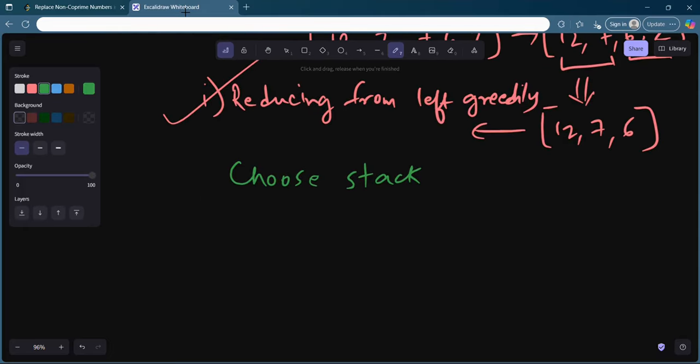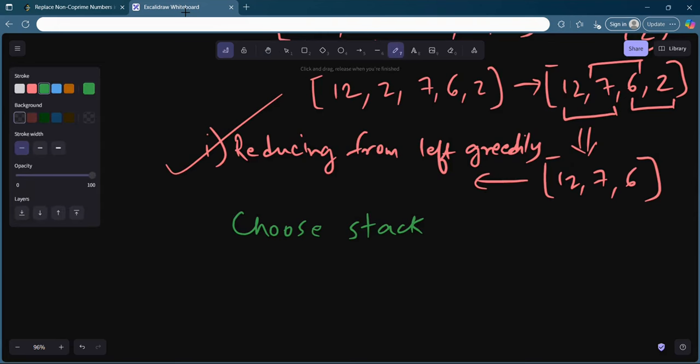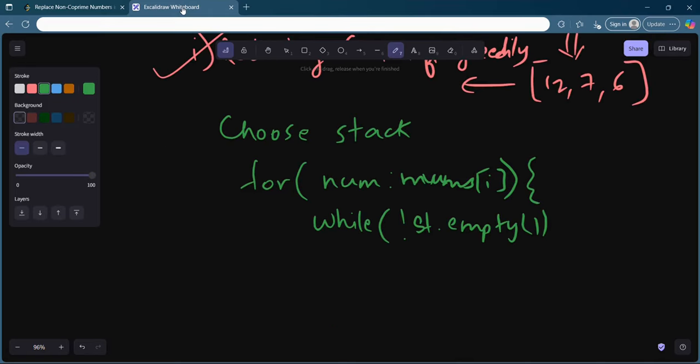So what you can do is go through all the elements in this array, and while the stack is not empty, that is, while stack dot empty is not true, and also the GCD of this number